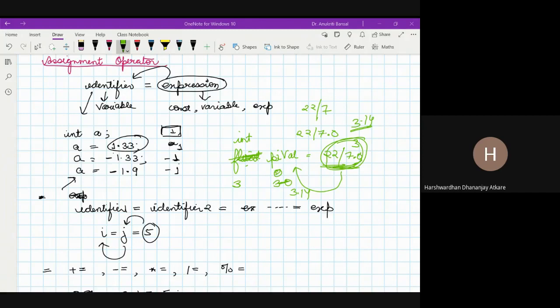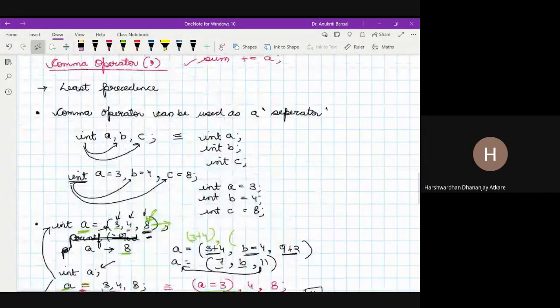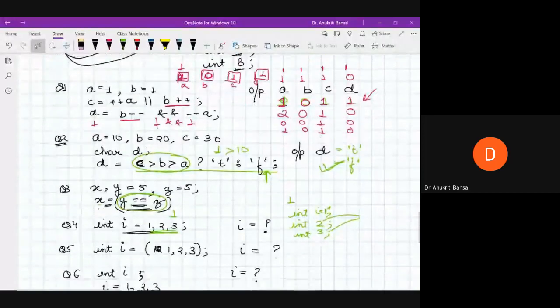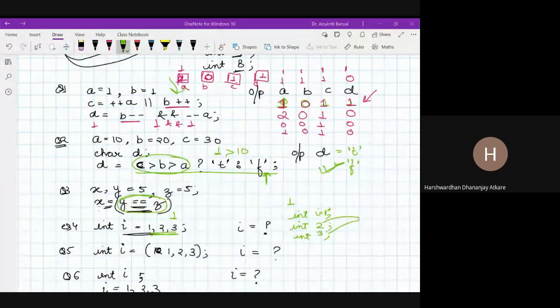मैम मुझे फर्स्ट वाले में एक डाउट है। हाँ पूछो। मैम वो उसमें आपने जब हम सी निकाल रहे थे तो आपने बी को इंक्रीमेंट क्यों नहीं किया? कौन सा था? ये क्वेश्चन वाला? हाँ. ड्यू टू शॉर्ट सर्किटिंग ऑफ लॉजिकल ऑपरेटर, दिस वी हैव डिस्कस्ड इन लास्ट क्लास एज वेल. अच्छा, क्योंकि लॉजिकल ओर के केस में अगर फर्स्ट ऑपरेंड ट्रू होता है तो हम सेकंड पे जाएंगे ही नहीं ना. हाँ जी, तो वो शॉर्ट सर्किट ठीक है, पर फिर भी वो इंक्रीमेंट ही नहीं होगा क्या? नहीं, हम सेकंड ऑपरेंड की तरफ जाएंगे ही नहीं, तो दिस एक्सप्रेशन विल नॉट बी इवैल्यूएटेड एट ऑल. ओके हाँ समझा, थैंक यू. ओके